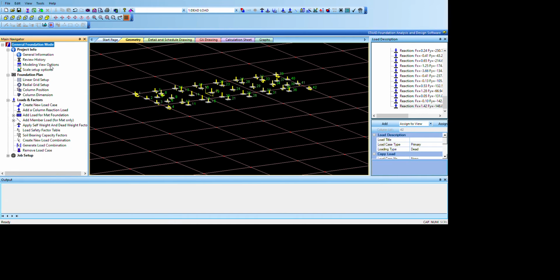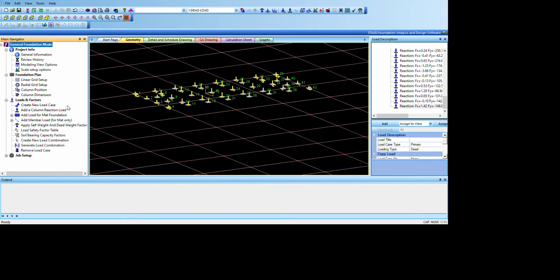For the project information, of course, these are very important to give you some description on the design job you are doing. For the foundation plan, the column positioning, the dimensions of the column, etc., may be added to enhance your illustrations later, your output later. But again, they are not so important because you can do away without changing them. So we might as well